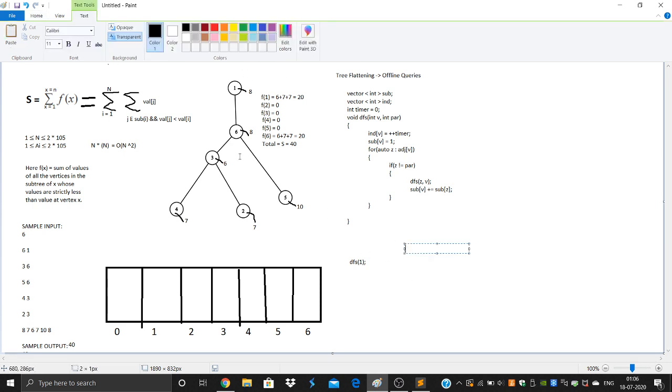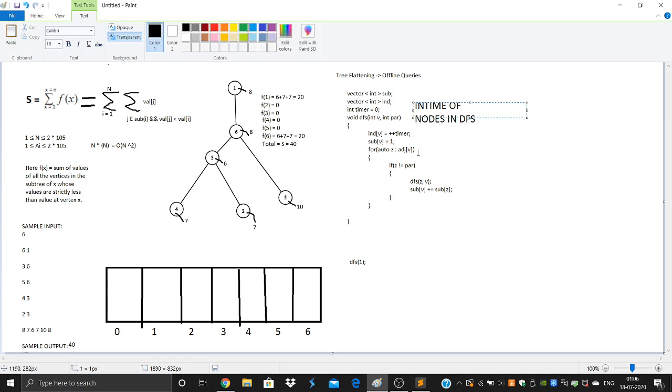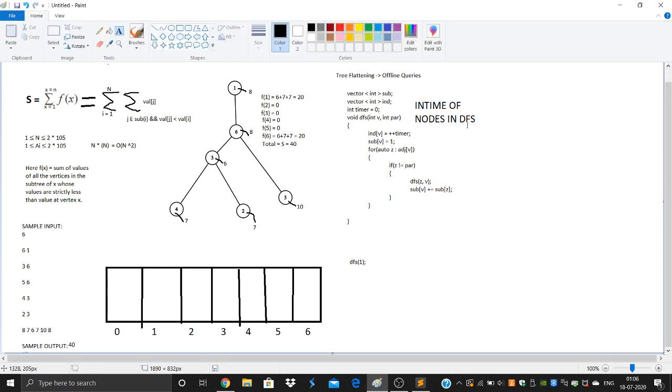This is a very important term. This concept comes in other algorithms as well, like LCA. We are going to use it here as well. We will record the in time of the nodes in DFS in an array, and then I'll explain what will be done further.